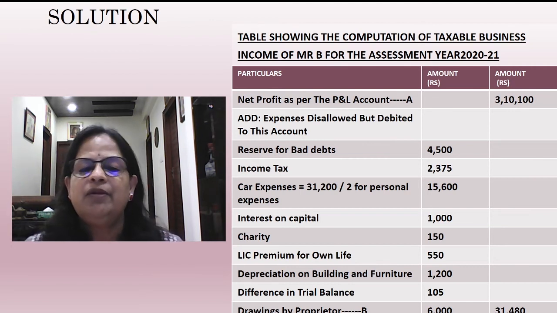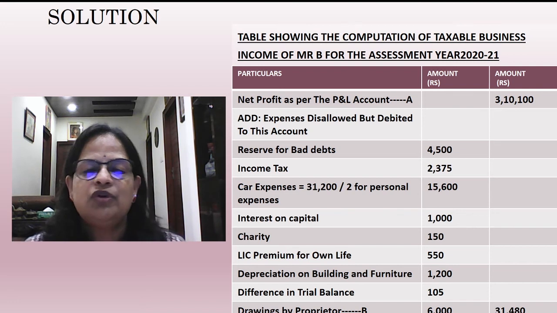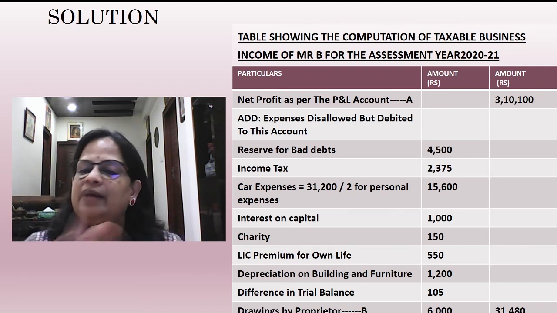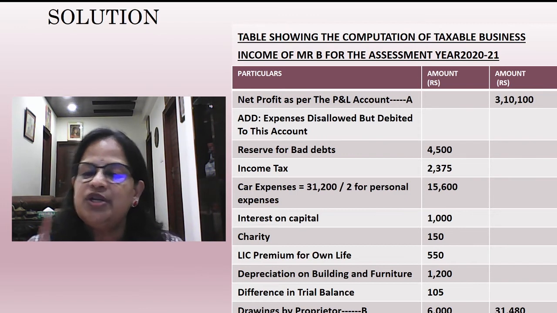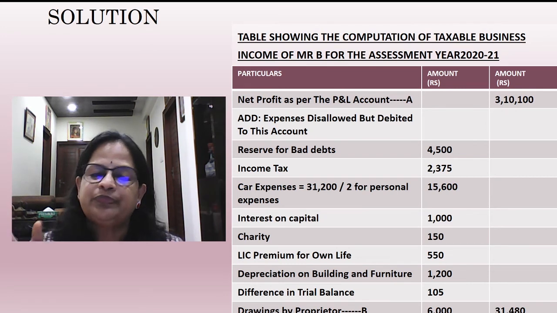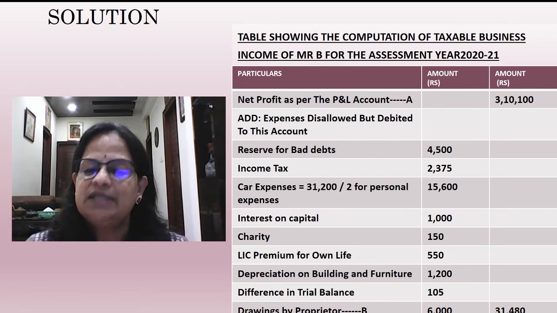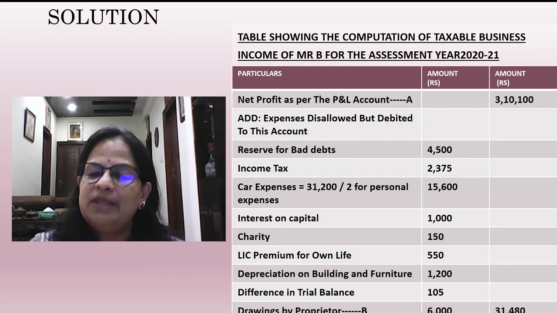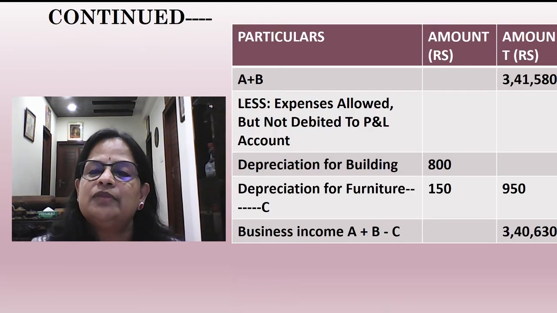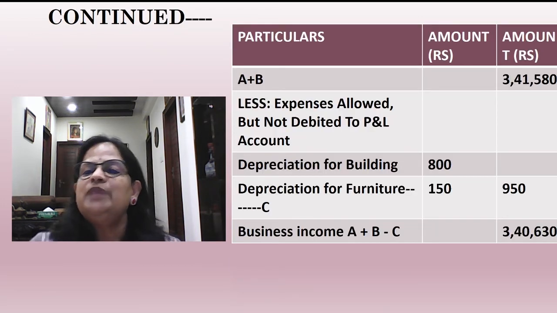Charity not allowed. LIC premium for own life not allowed. Depreciation on building and furniture 1,200. Additionally, as per additional information, actual depreciation is only 950. So we have to consider that. Now difference in trial balance, you have to disallow here. Drawings by proprietor not allowed. So 3,10,100 plus 31,480. That is total of all these values. Now A plus B you are getting